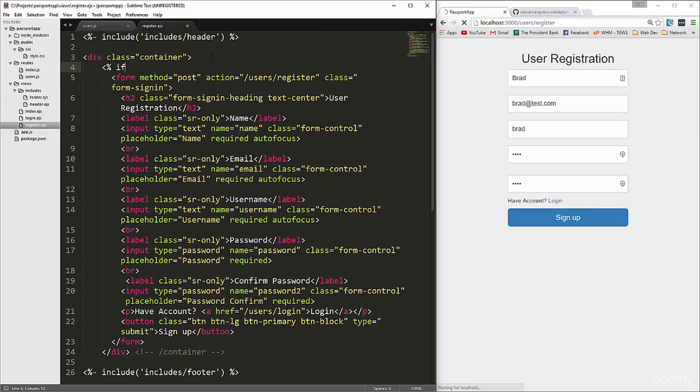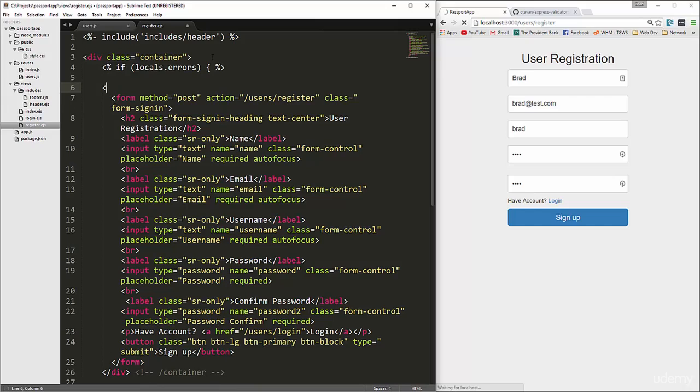So we're going to say if locals.errors, then what we want to do is loop through the errors array, because it's going to be an array. So errors.forEach, and then in here